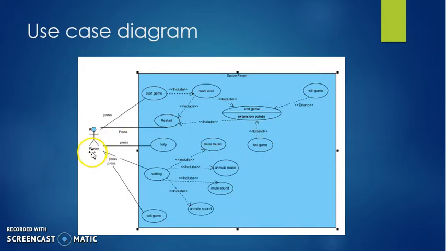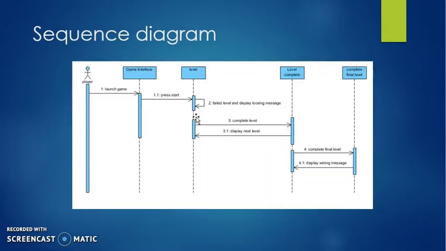Basically, the player start the game and he goes straight to levels, and he progresses through the levels until the game ends. When the game ends, that means that either the gamer has lost the game or win the game. That's why we have the extension here for both wins and lose the game. And he always has the opportunity to restart the game either when he's in the current level or when it ends, by include the restart option here. So this is all for the use case diagram.